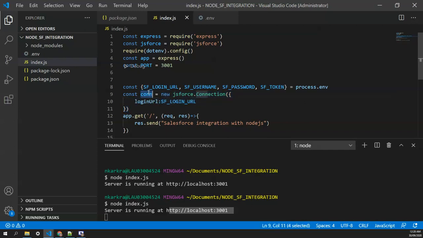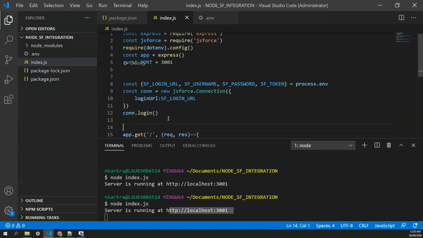Now using this instance, we're going to say connection.login. Now we are calling the login method, and to call the login, we need to first pass the username. Like when we go to salesforce.com, we have to enter the username and the password. So the first parameter is username.